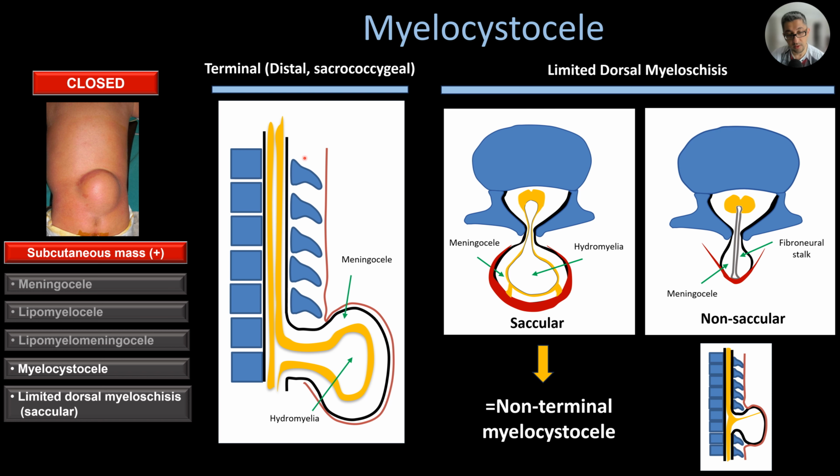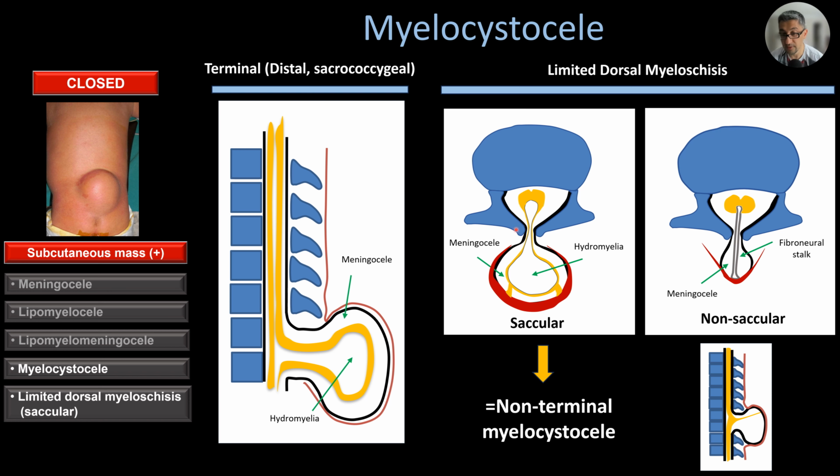But limited dorsal myeloschisis is a different entity characterized by a midline defect covered with skin associated with a fibroneural stalk. And these children may have a good neurological prognosis. They can be completely normal, or they can have mild symptoms as opposed to terminal myelocystocele, or as opposed to